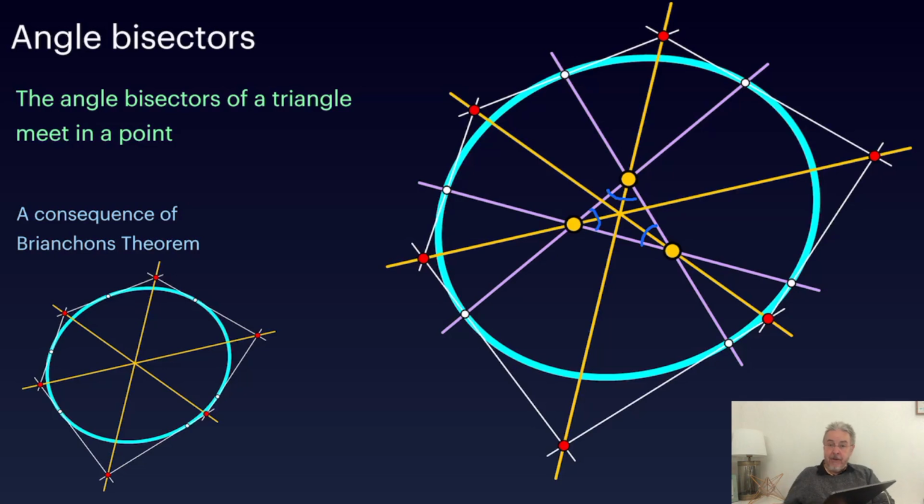So Brianchon's theorem really proves that in Cayley Klein geometries where things are suitably non-degenerate, the angle bisectors will meet in a point. This is a surprising relation of a classical incidence theorem like Brianchon's theorem to a theorem of elementary geometry like the bisector theorem. And if you read everything in reverse order, you can even use the bisector theorem to prove Brianchon's theorem, depending on which you start with. Okay,